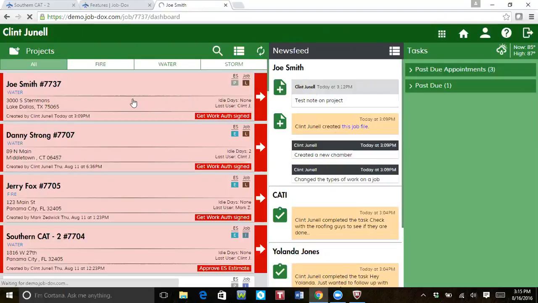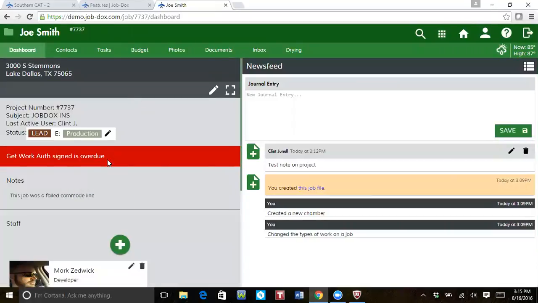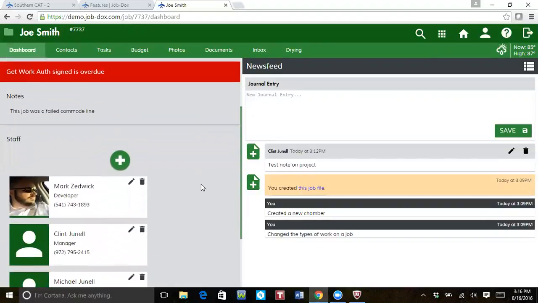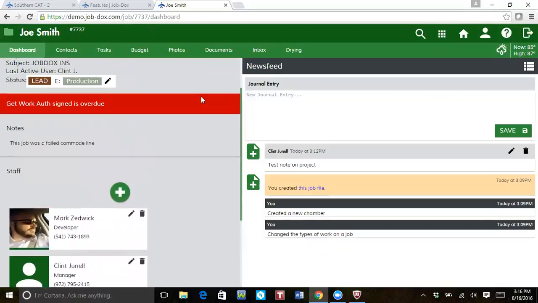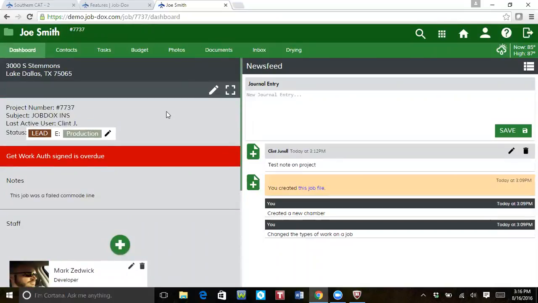So if you come into the job, you're actually going to see that that flag is still present here as well. That doesn't impact necessarily how you go about getting a document signed, but I want you to pay attention to what happens to these flags as we work through this process. So we've created this job, we've added our staff to this job, we've made one note on the job, and now based on the business processes that are set up in the demo system, which we talked to you about